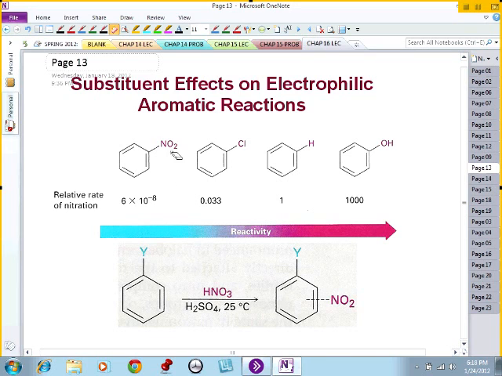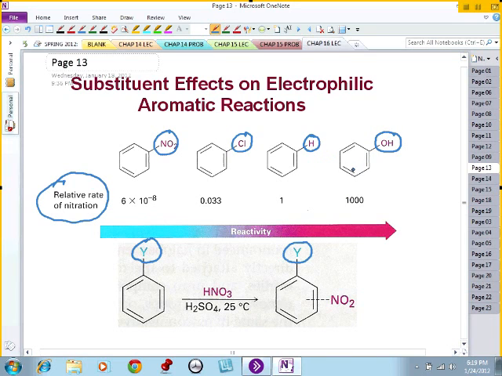In this particular experiment, this Y here could be the nitro group. It could be the chlorine atom. Of course, in the case of benzene, it will be hydrogen. And here, in the case of phenol, the hydroxy group. That is what this Y represents. So now we perform nitration on this series of compounds, and you begin to see the results. Here, the rate of this reaction,